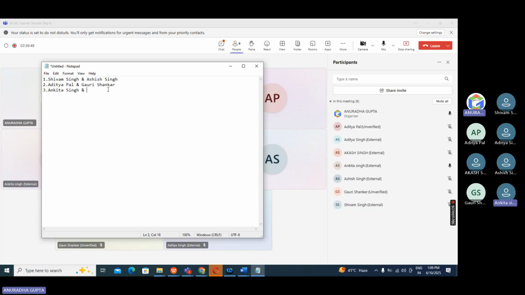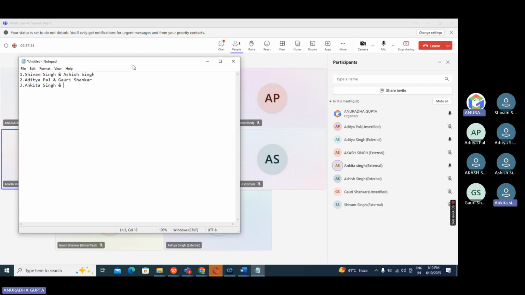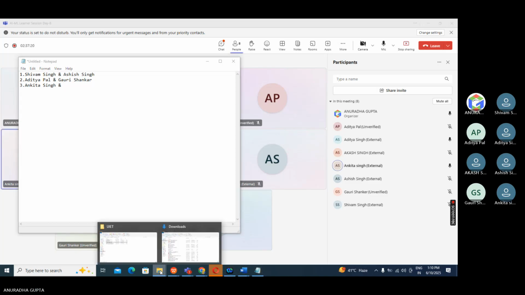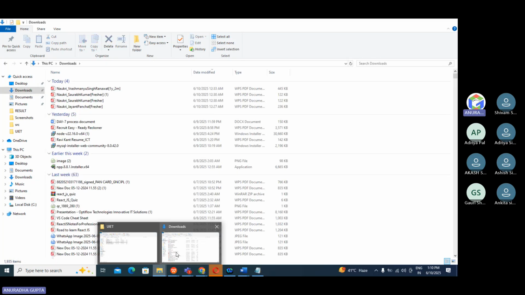Or do one thing. Are you able to handle it individually, Ankita? I don't know, but I can. Okay, what I can do, I am merging Aditya Singh, Akash Singh, and Ankita Singh. I am making a group of you three. Okay, sir, no problem. Sir, Pratik and Nishu are also there, and Ayush Rao too. They are missing. That is the issue now. People are not staying in the call. I need to check. Let me check.